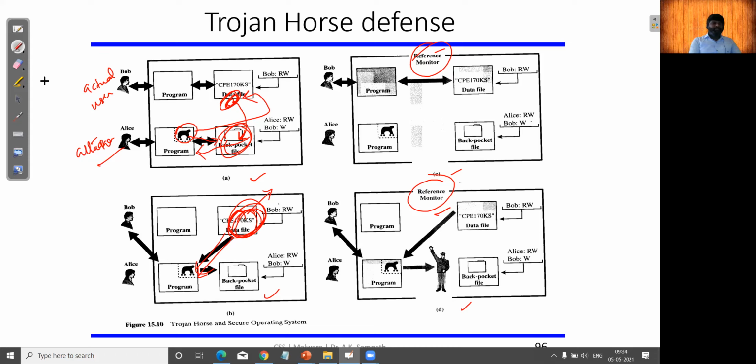But when we talk about the Trojan virus with the reference monitor system, even if the attacker launches his code, the file access cannot be changed unless it is opened by the administrator who is logging in with the specific IP address, right?